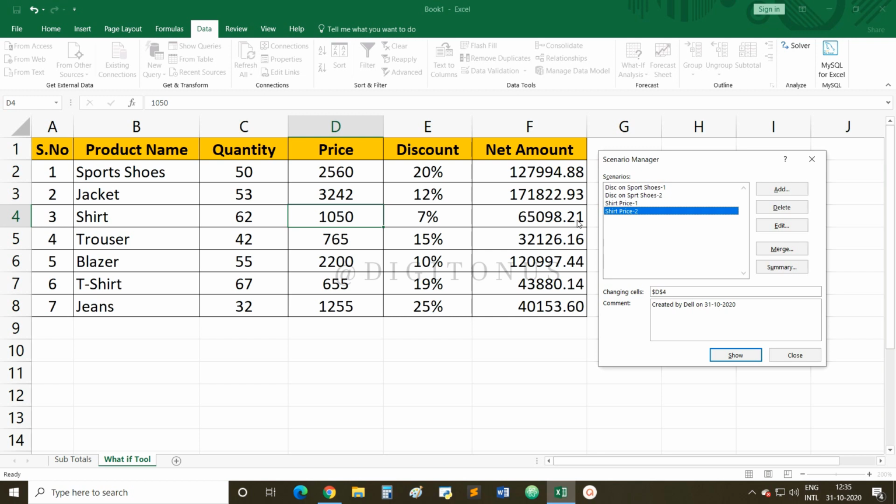For example, suppose you have taken a loan from a bank, and you want to see what amount you have to return to the bank at a certain rate of interest. Suppose the bank is charging an interest rate of 8%, then how much amount do you have to repay? If the bank has charged interest at 9%, how much amount do you have to repay? So you can create multiple conditions and you can see the result. What will be the result if the condition goes this way or that way? So this is all about what-if analysis. I hope every student has understood this concept.